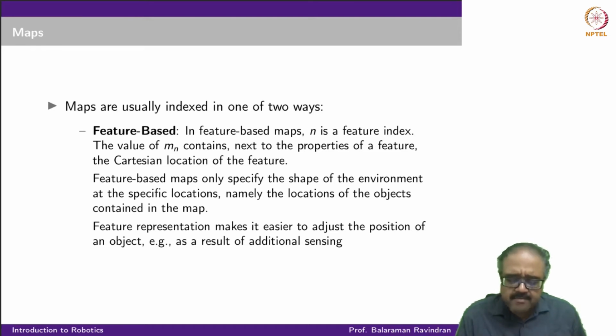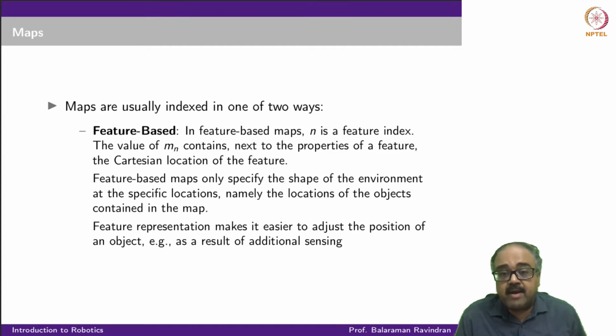So feature-based maps are easier to update in some sense, and I can do this without having to worry about actually verifying any of the other locations or other objects that are there in my map. I can just independently adjust the position of the new features. So that way it's convenient in certain conditions, but in other ways, when I want to figure out if a particular location is free for me to move into,